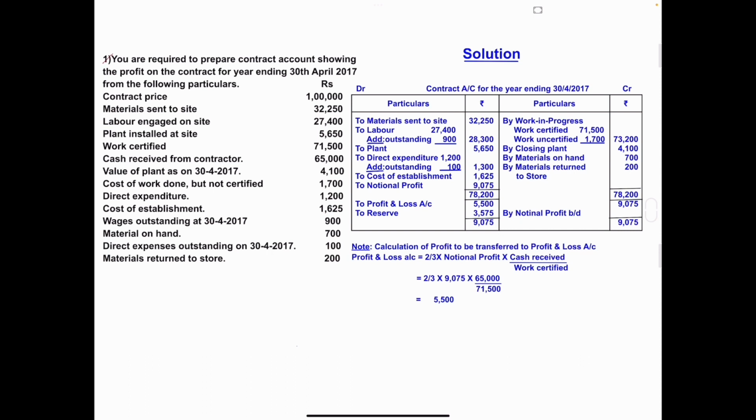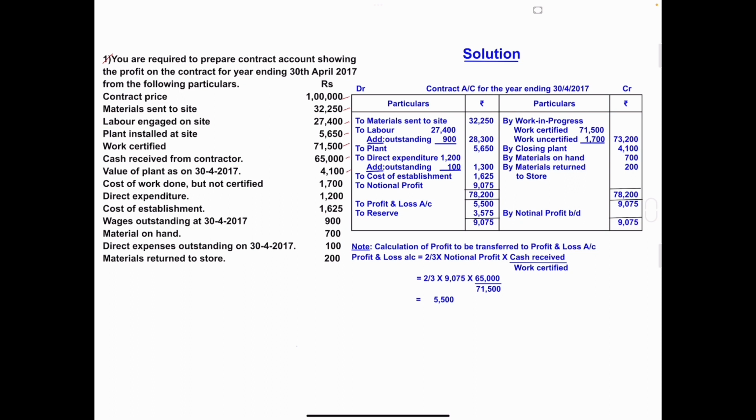Problem number 1. You are required to prepare a contract account showing the profit on the contract for the year ending 30th April 2017. Contract price 1 lakh, materials sent to site 32,250, labor engaged on site 27,400, plant installed at site 5,650, work certified 71,500, cash received from contractor 65,000, value of plant as on 30th April 2017